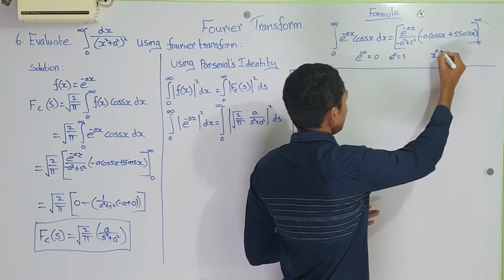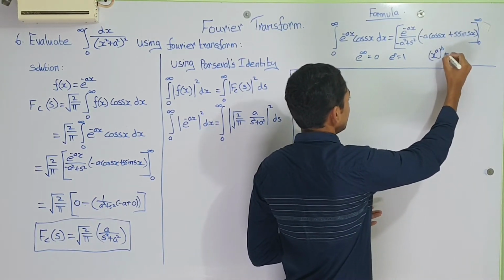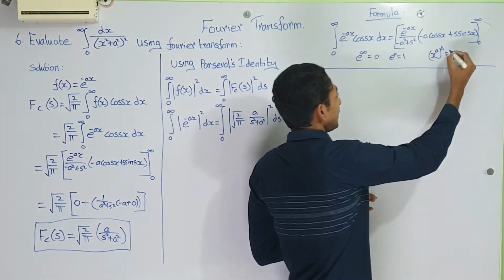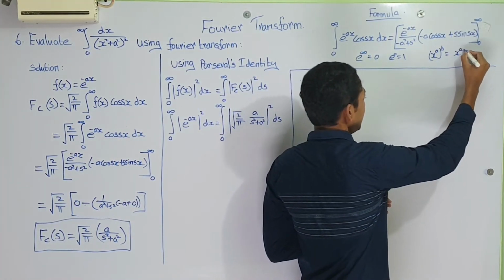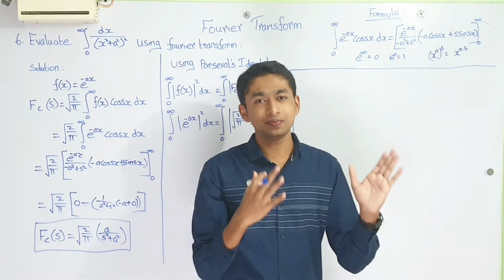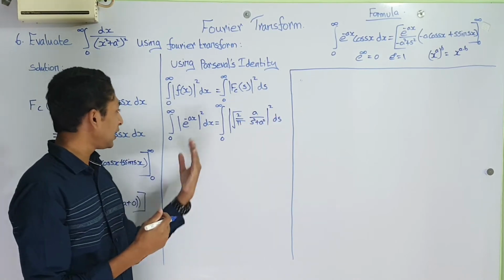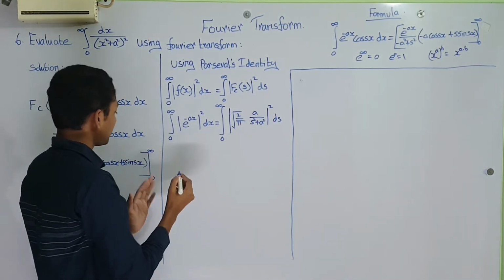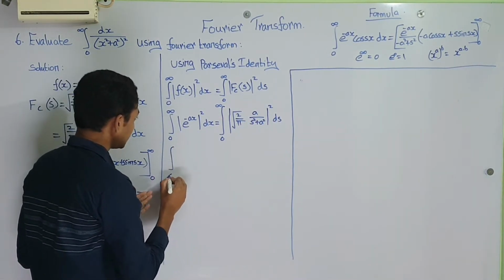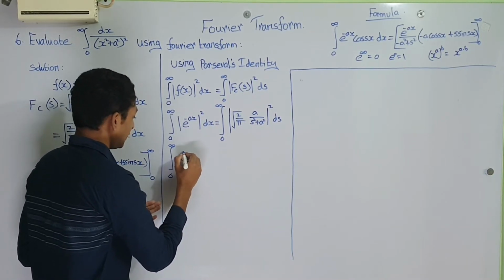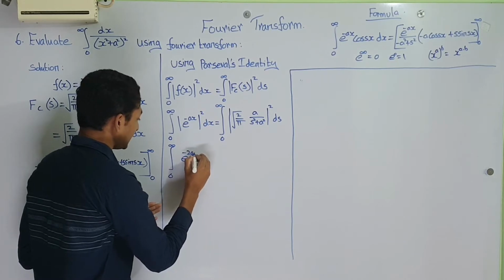x power a the whole b. So what is the value for this? The value is x power a into b. We are going to apply this formula here. When we apply it, we get integral 0 to infinity e power minus 2ax